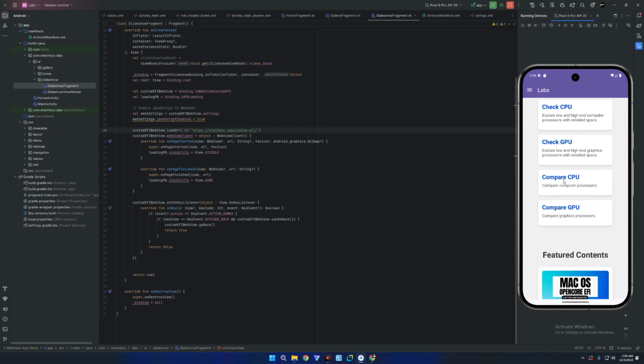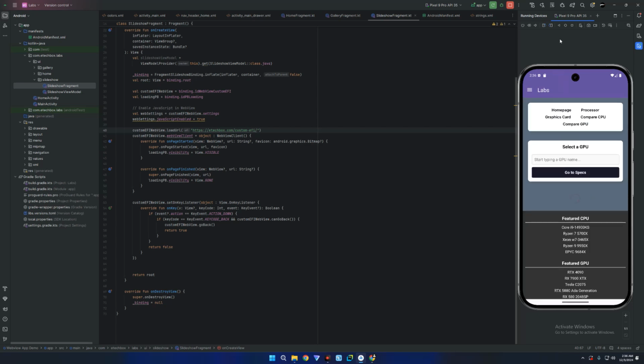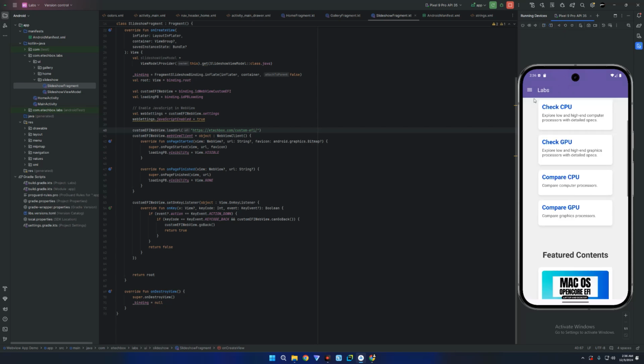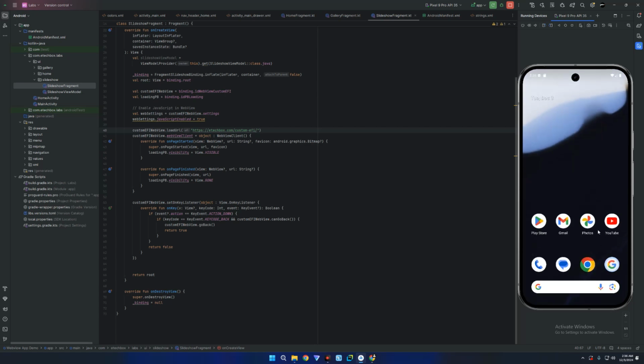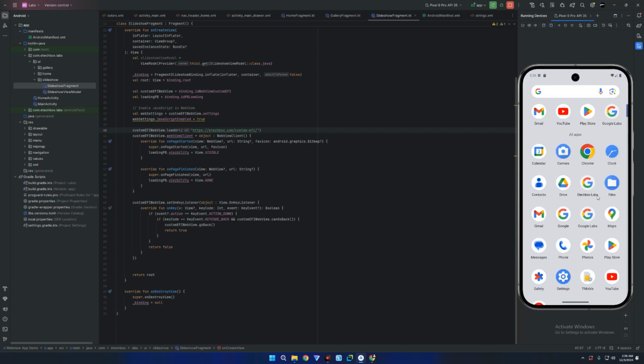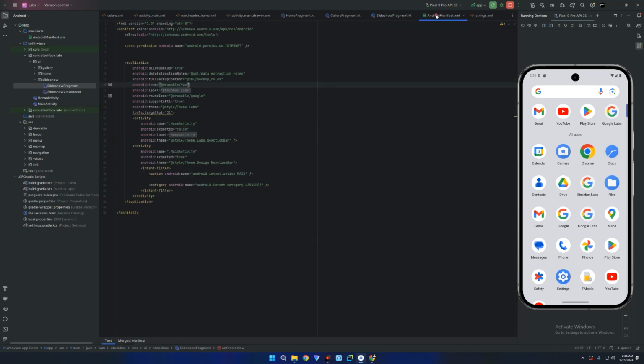We can go through any of these feeds, it should work fine. We can return back to the previous page as well. And the only thing we have to fix now is the icon, because it is showing eTechBox labs and it's also showing Google icon. So let's head back to our Android manifest, and you can see round icon right here,